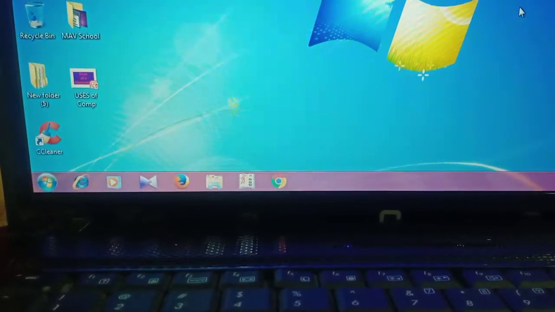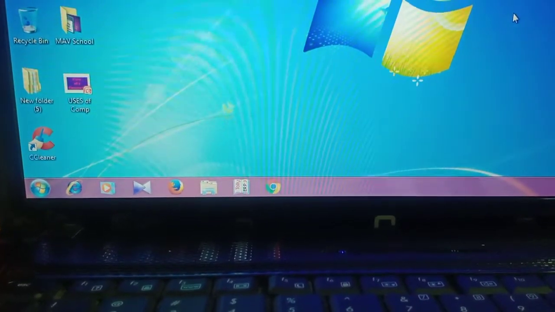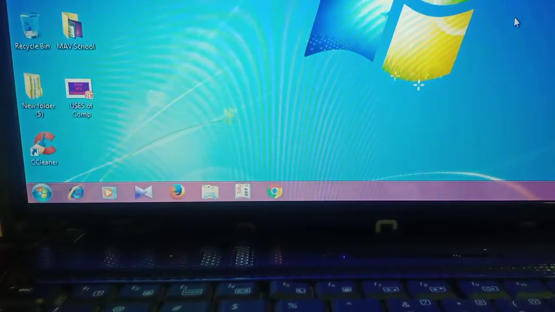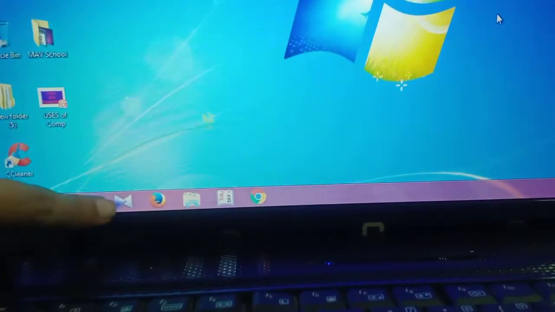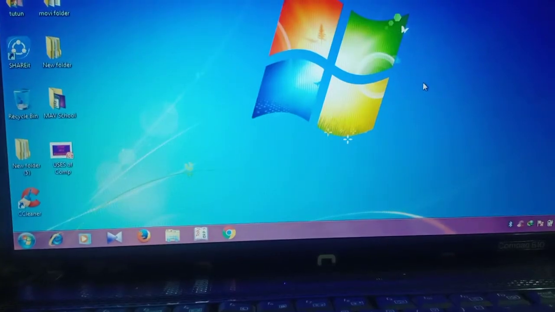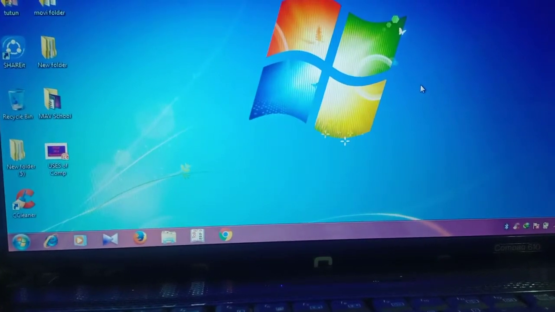So first see the taskbar. This is the thin strip, the long horizontal bar that runs across the bottom of the desktop screen. This whole line starting from here to here is the taskbar.